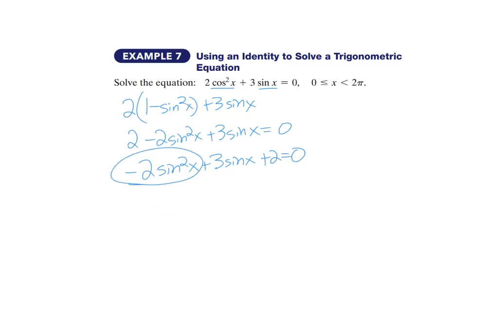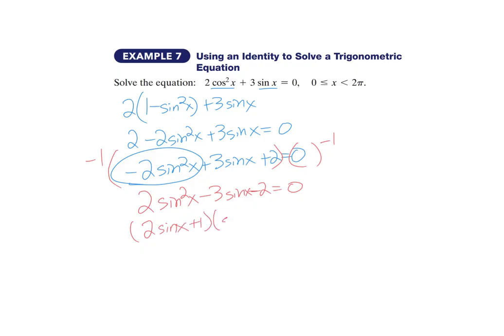It is often easier to have this first term positive. So one thing that I can do is multiply both sides by -1. That'll give me a positive 2 sine squared of x minus 3 sine of x minus 2 equals 0. You don't have to do it that way, but sometimes it'll make the factoring easier. Either way you do it, it will still work. When I factor it, I get (2 sine of x plus 1)(sine of x minus 2) equal to